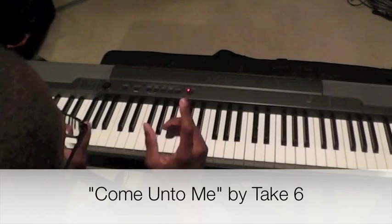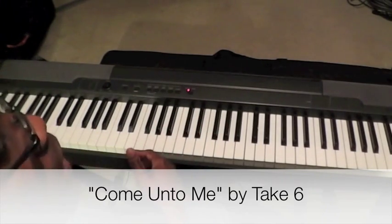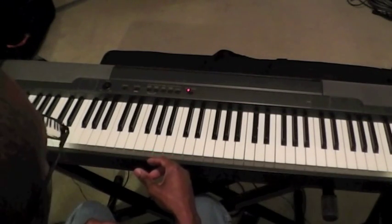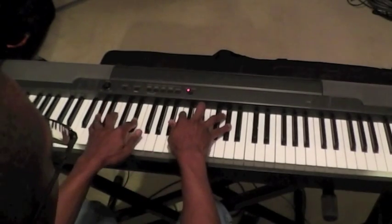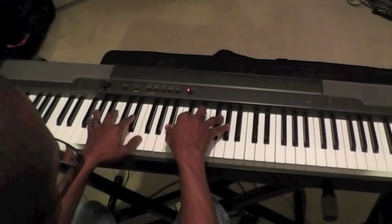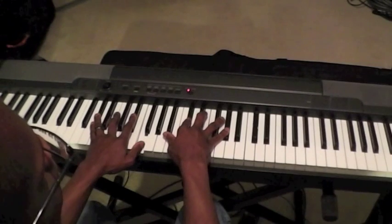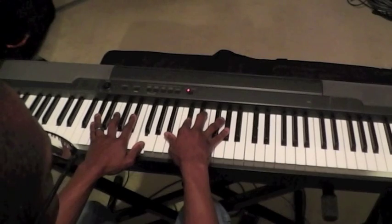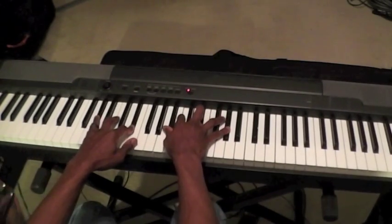Alright, someone's asked me to take a look at Come Unto Me, and so I'm going to look at the very first part of the song, so it'll probably come in multiple parts. This tune is by Take 6, and Take 6 has incredible voicing, and I used to listen to them a lot growing up. And one thing I discovered is when I listen to vocal arrangements that have very thick, dense harmonies, tight harmonies, it was a colossal waste of time for me to even attempt to figure out